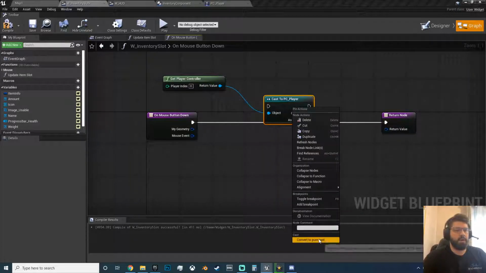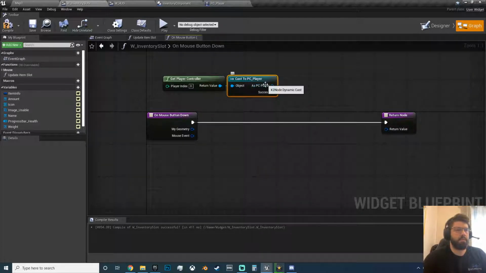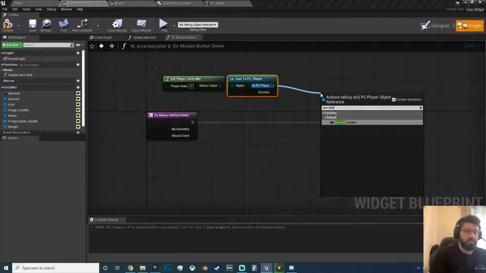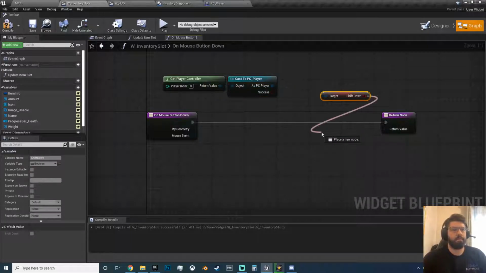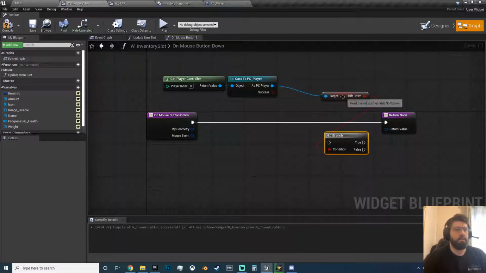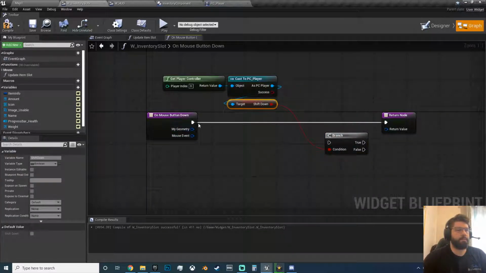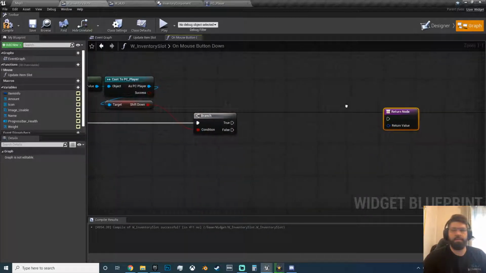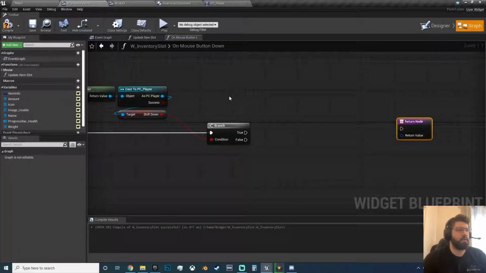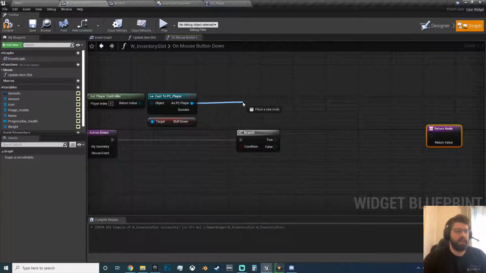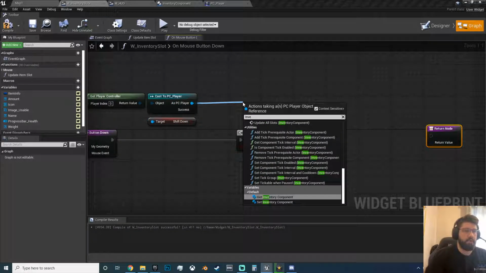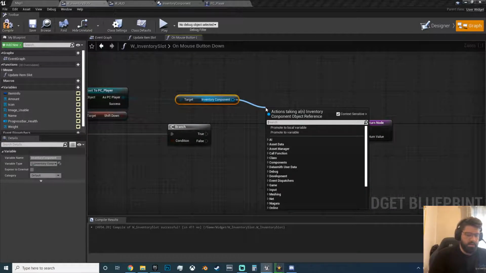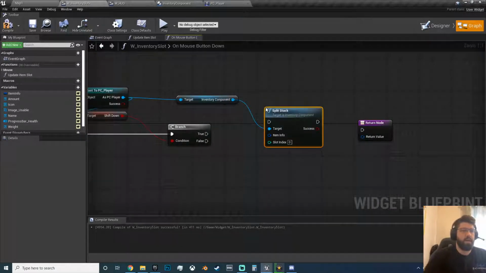Convert that to a pure cast, and then you can get shift down. So let's do this one first. If shift is true, you can get the inventory component and hit split stack,